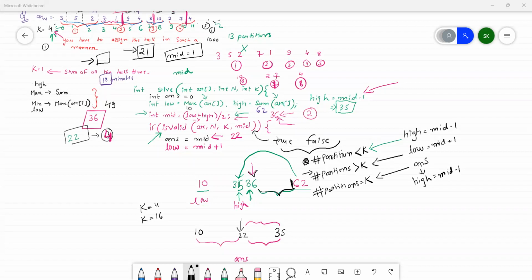Okay, then everyone, thanks for joining this session. It was a little heavy, but this question is important. And yeah, you can actually feel that binary search has a lot